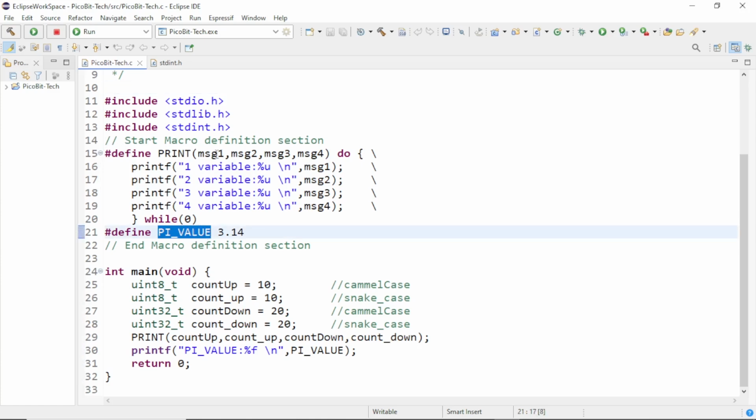Are you naming your macros wrong? Learn the best practices in C. To illustrate these concepts, we define a macro called PRINT, which spans